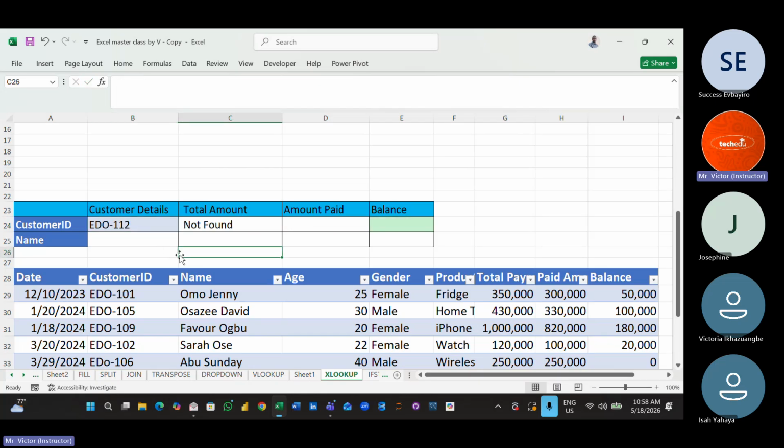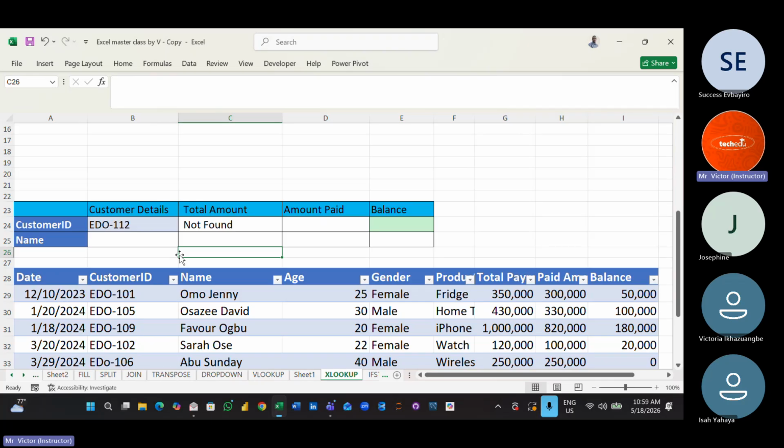So if you tell me "not found", what does that mean? Instead of showing you an error, it tells you that there is nobody that exists with that number. So that is one of the advantages of this function. We have this function to tell you that the thing you are looking for does not exist. You know, this is an error. So that's why you say, okay, this formula I'm writing,